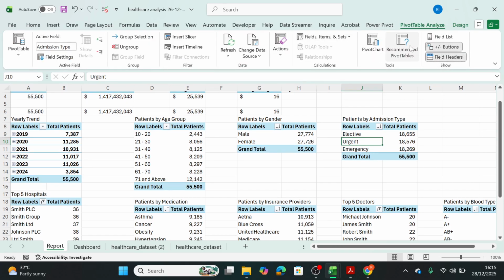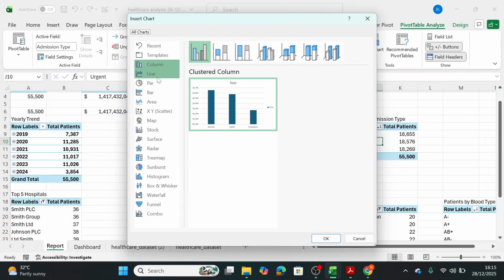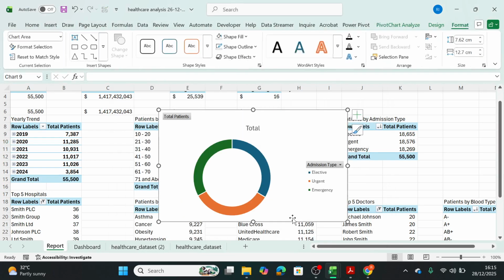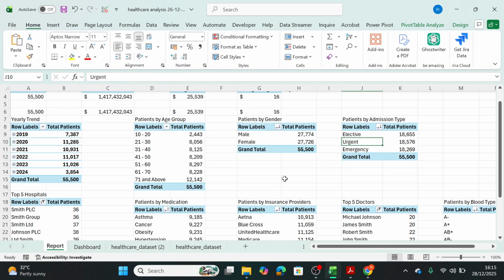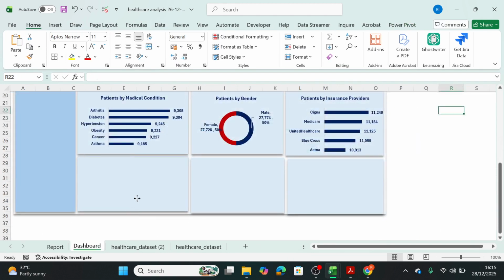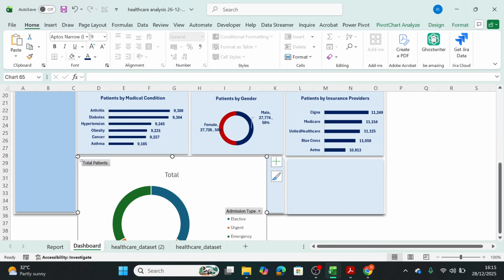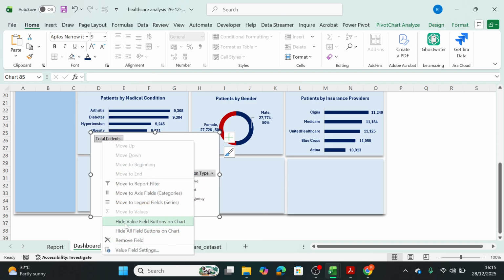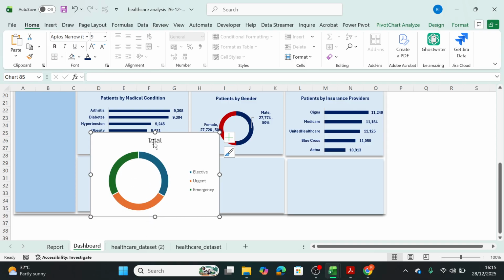Let's use a donut chart. So under pie, okay, Control X, go to your dashboard, have it pasted. It will come big, resize it, remove the grid line, remove the buttons on the chart, and call this one